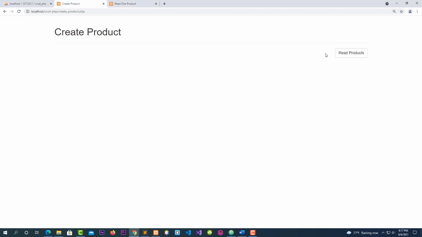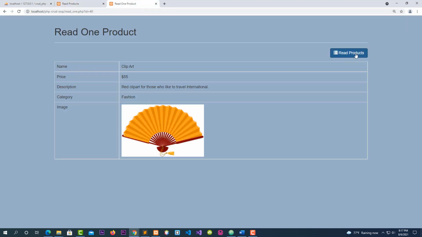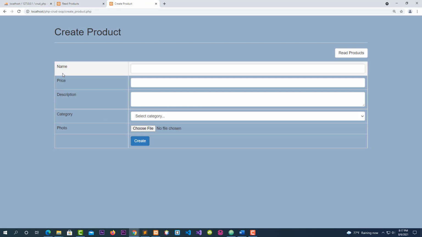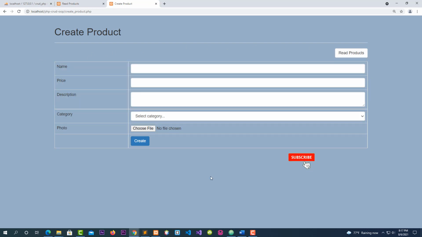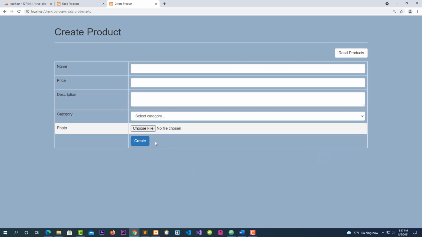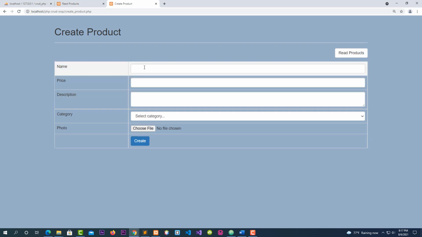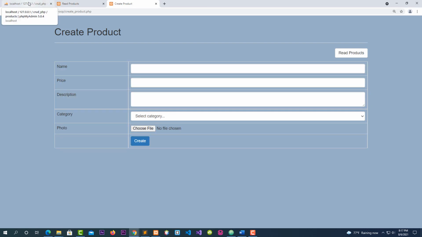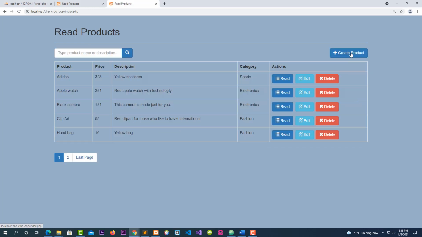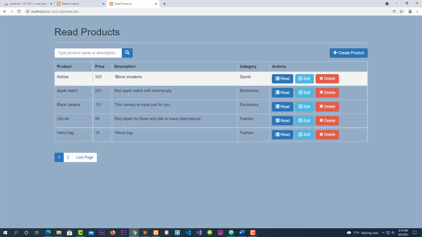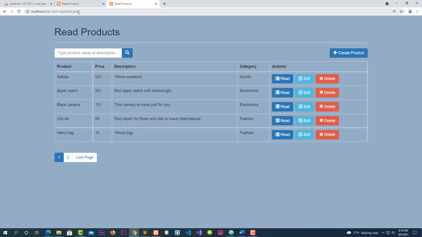This is where we left, and as I told you, we are going to create this form right here. After creating this form, you will be able to create a product and send it straight inside your database. But when you click on read product, you will not be able to see it displayed on the main page, which is index.php, yet, because